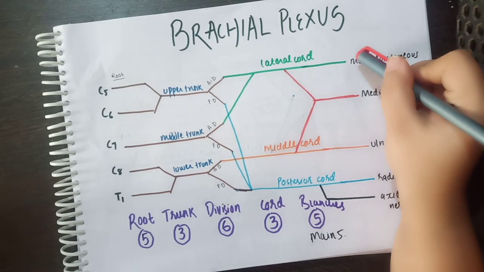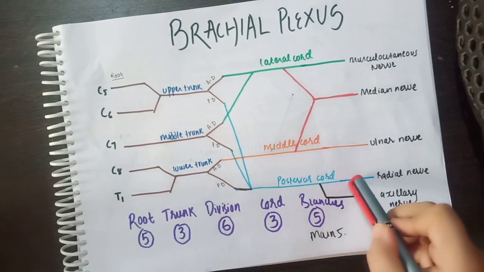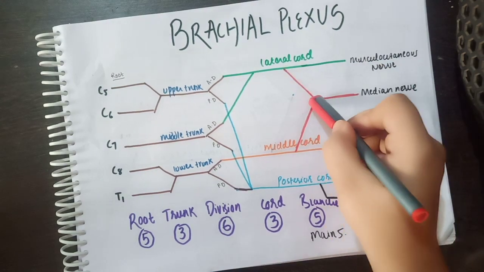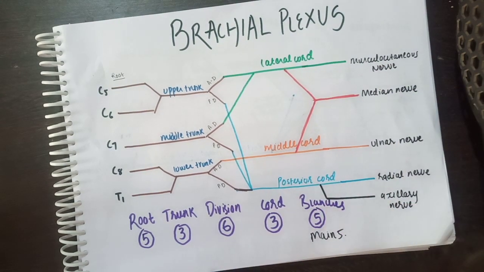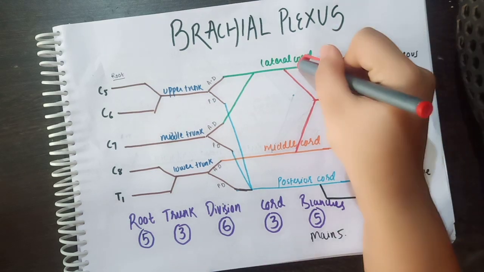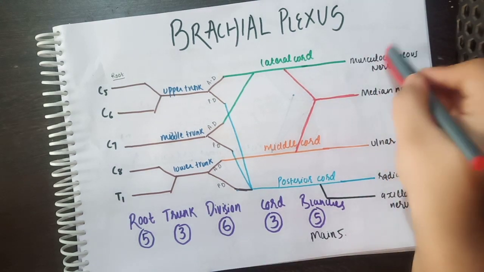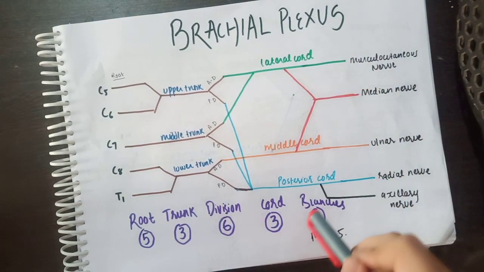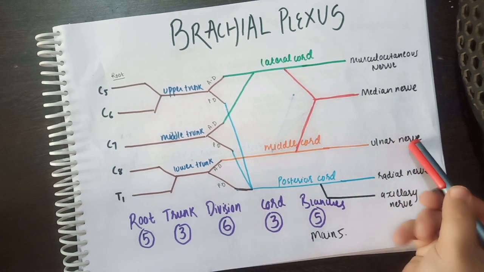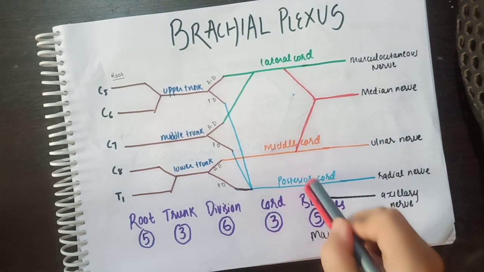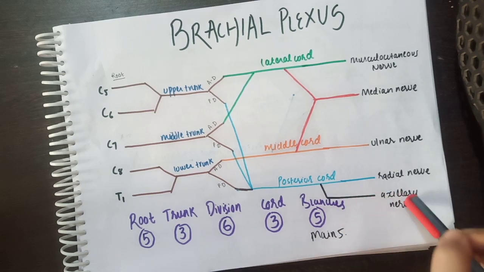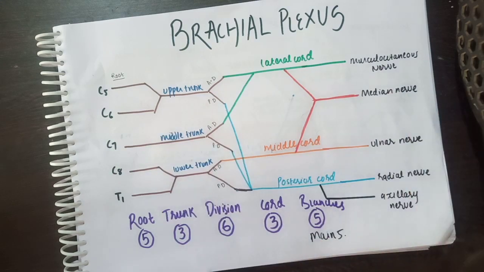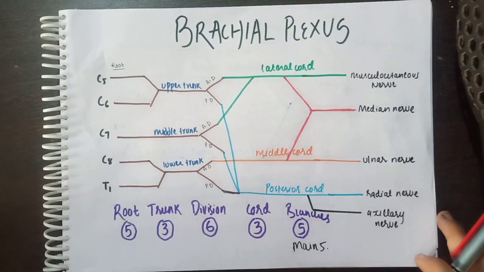So how are you going to form the 5 branches? The lateral cord, medial cord and posterior cord themselves are forming the 3 branches. All you have to do is combine the lateral and medial cords to form another branch, and one more branch from the posterior cord, right? The lateral cord itself produces one branch, that is the musculocutaneous nerve. The lateral cord and medial cord combine to form the median nerve. The medial cord extends to form the ulnar nerve, the posterior cord extends to form the radial nerve, and the other branch coming from the posterior cord forms the axillary nerve, right? So this is the very simple form of the brachial plexus that I have shown you in this diagram.